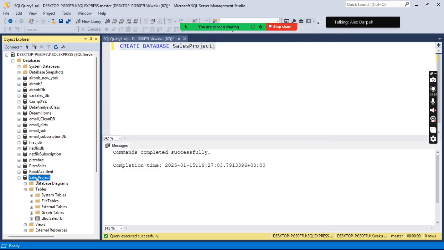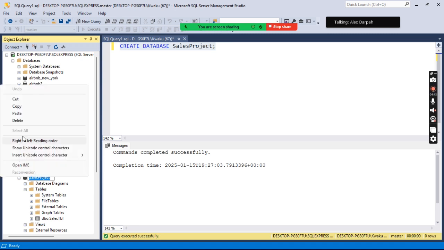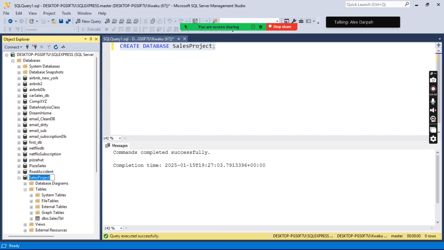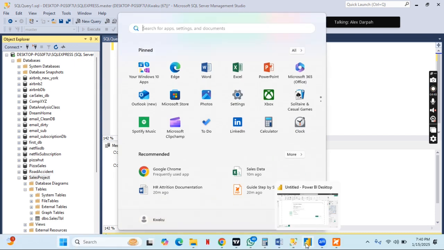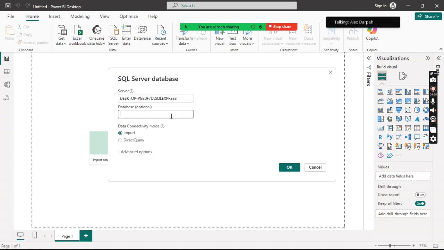Or you can just double click on it to make it editable. Then you copy. You come back to Power BI, then you put it there. Then you have two ways of connecting SQL Server to Power BI: import and direct query. Both of them have